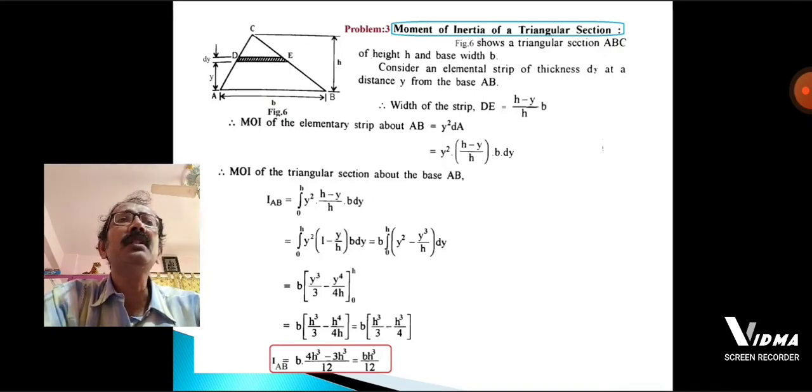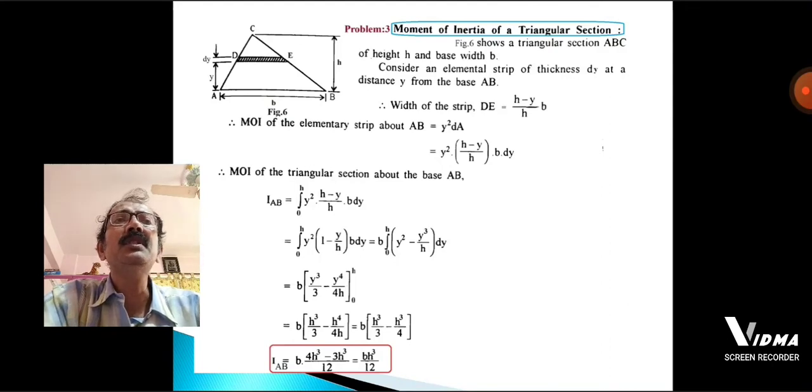In the case of triangular section, it is shown in figure 6. So the height is h and base is b. Just like the previous problem, we have to consider an elemental strip that is at a distance y from the base, and dy is the thickness. First, you have to calculate the width of the strip. From the similar triangle,